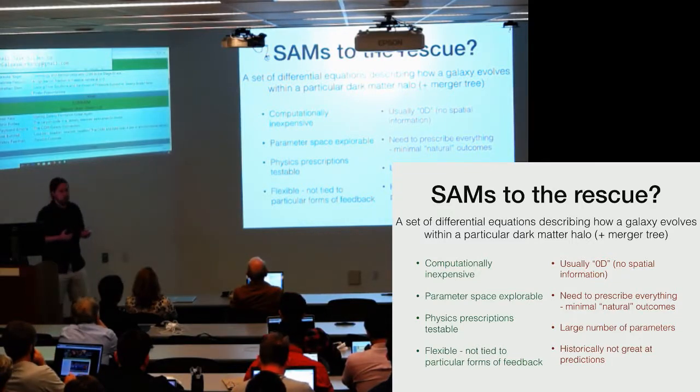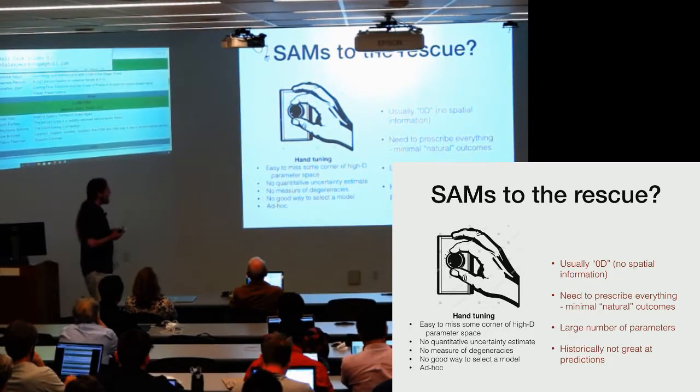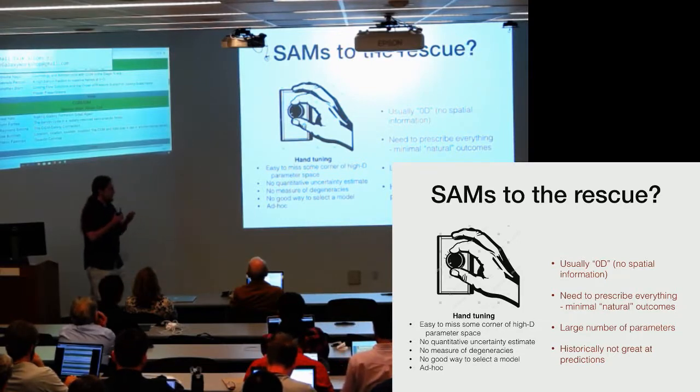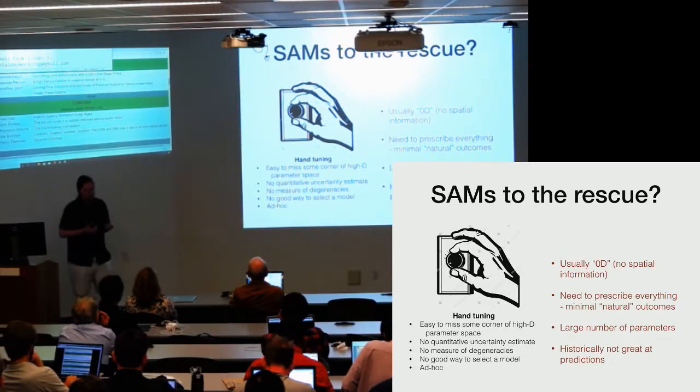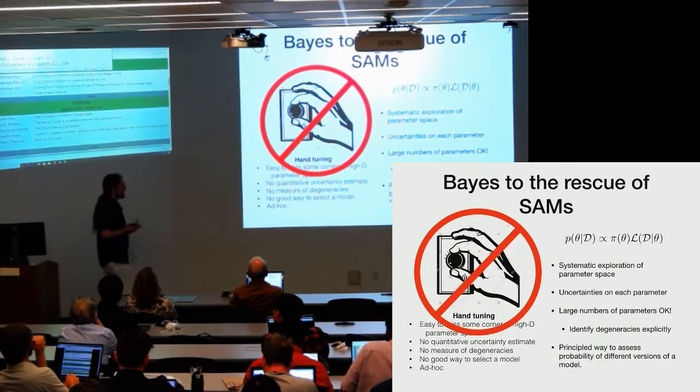But I think part of that is the result of how they were tuned. Usually SAMs are tuned by hand, so it's easy to miss some corner of high-dimensional parameter space. You don't have a good estimate of the uncertainty and the degeneracies in your model, and it's kind of ad hoc. And I don't think I need to convince anyone, given the number of corner plots we've seen so far, that